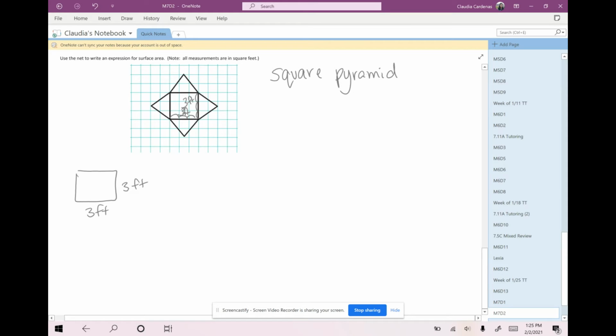Now, I see that we also have triangles, so I'm going to use a different color as I count the dimensions of the triangle. Looking at the base is 1, 2, 3, 3 feet. And the height, remembering to go straight up and down to the tallest point, is 1, 2 full jumps, so 2 feet. Okay, it is very important that we check the dimensions of all four triangles. We cannot assume that all of these triangles are equivalent unless we are told that they are. So we have this one that's 3 feet by 2 feet. Let's draw this on our paper